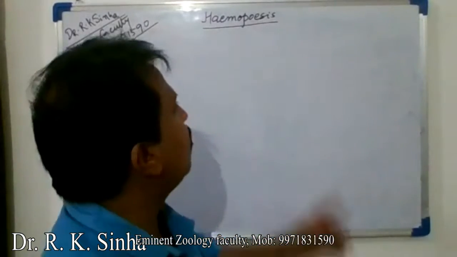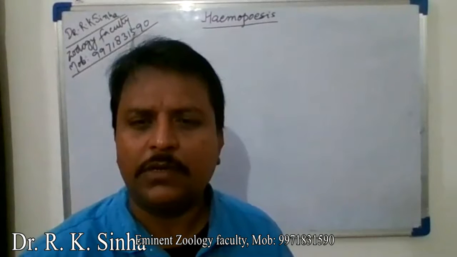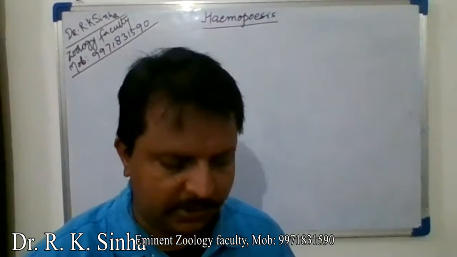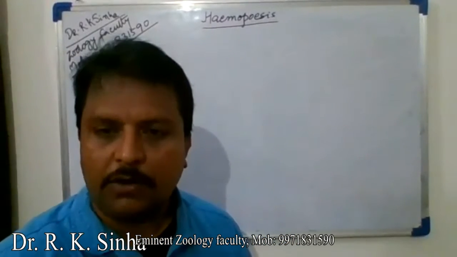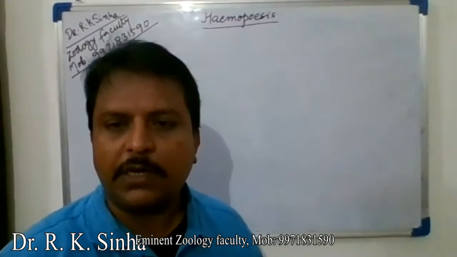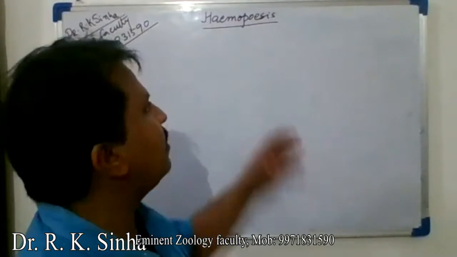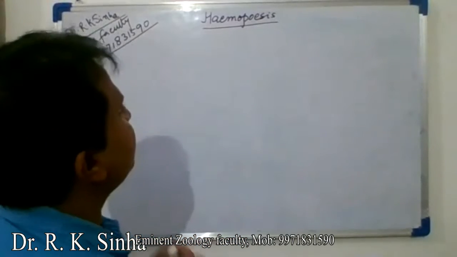So this is Haemopoiesis, a very important topic of zoology, and the chapter name is circulatory system, or body fluids and circulation. In that chapter we will study the formation of blood: how blood is formed inside our body, and in what stage of life it is formed in different parts of the body. So hemopoiesis means formation of